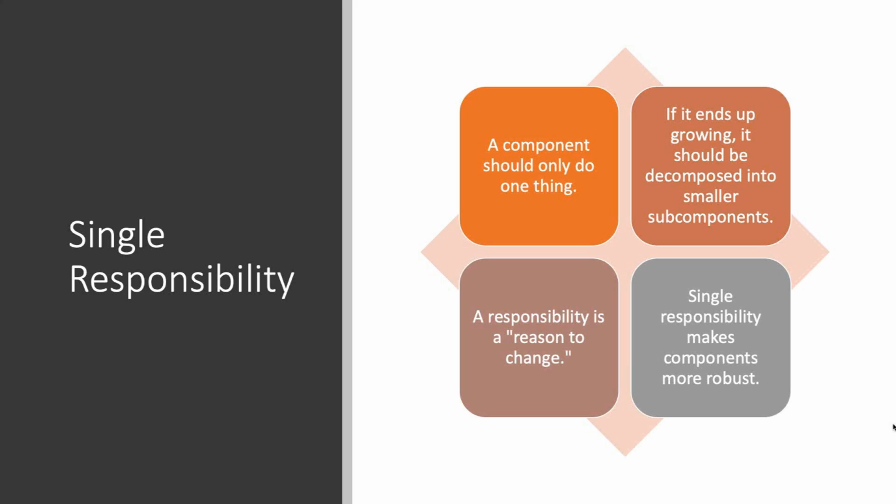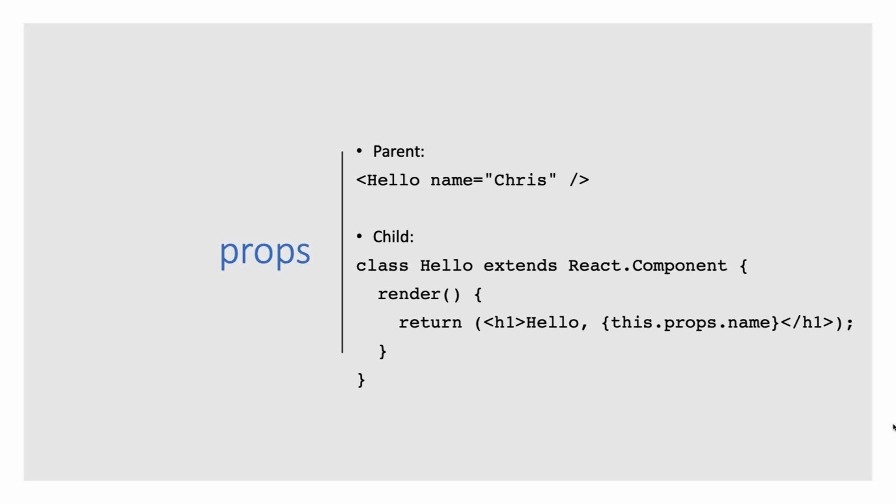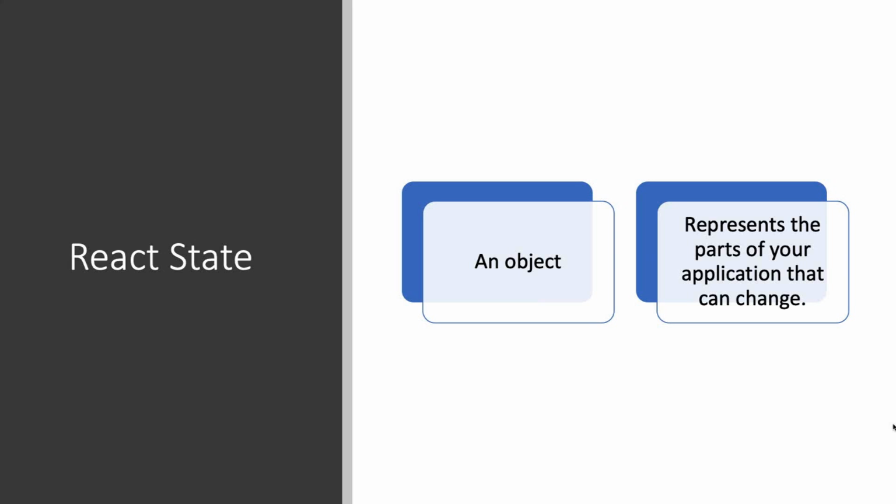So a button is a good example of a component. A search box would be a good component. An output row or something like that. These are components that can be composed and reused throughout your application. Components can talk to each other using props, and these are written using just HTML attributes that are passed from parent to child. And components can have state, which